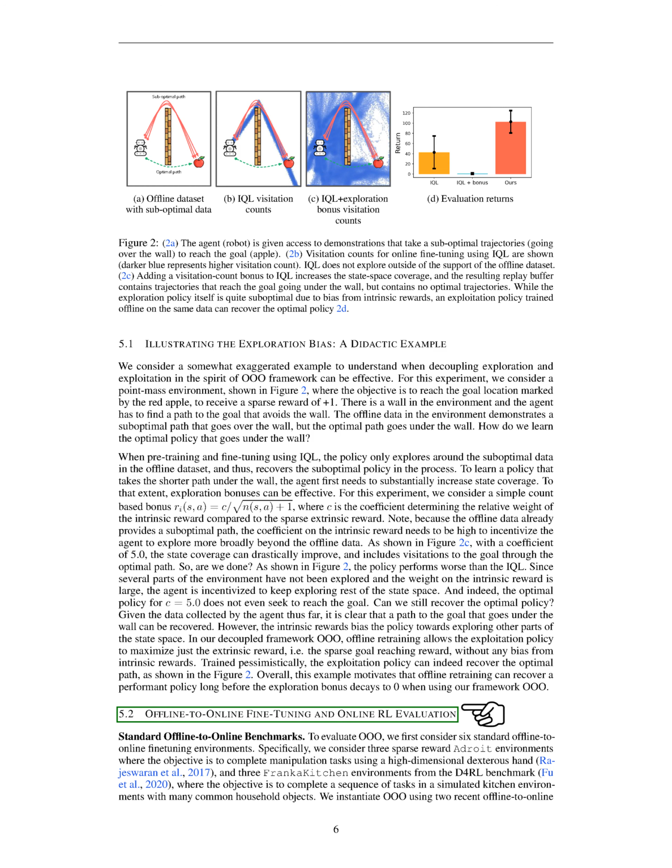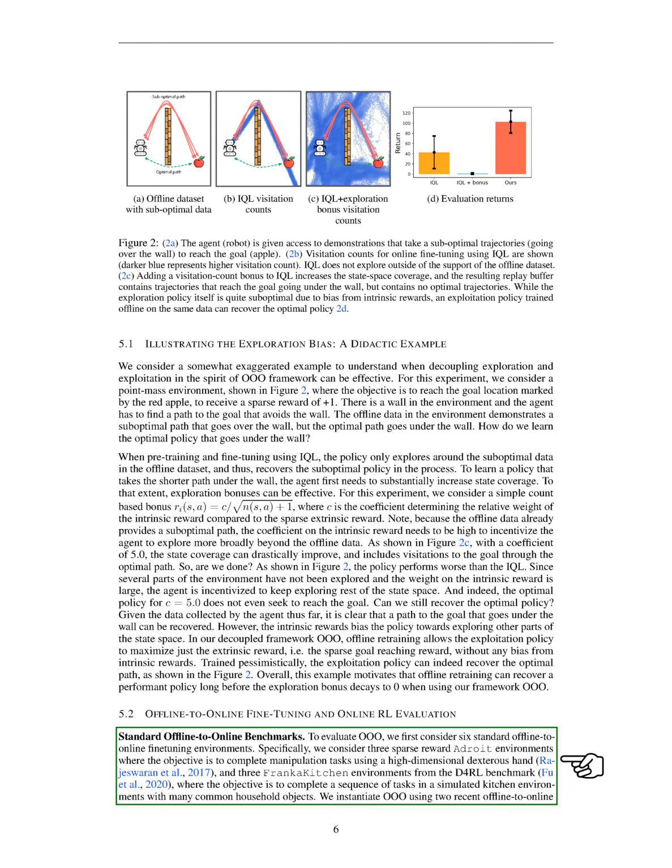Section 5.2 Offline to Online Fine-Tuning and Online RL Evaluation. In this section, we'll discuss the process of fine-tuning offline to online reinforcement learning, RL, and evaluate its performance. We'll start by examining 6 standard environments for this process. 3 of these are Adroit environments, where the goal is to perform tasks using a complex, dexterous hand. The other 3 are Franka kitchen environments from the D4RL benchmark, which involve completing a series of tasks in a simulated kitchen filled with common household items.